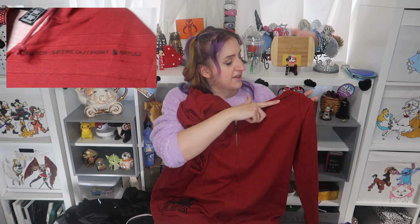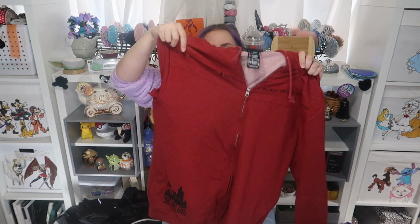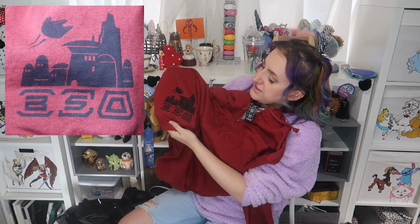So you can see there's this sort of almost chevroned applique section at the top on each side, and it's got this placed print on a rib knit that says Black Spire Outpost Batuu on it. It's a nice burgundy, it's a nice weight, it's not black or gray. It's definitely got lots of little design elements to it. Like you can see down here the BSO with the logo of it and a little Millennium Falcon, love it. Though I don't have the tag with the original price, the marked down price was $19.99,